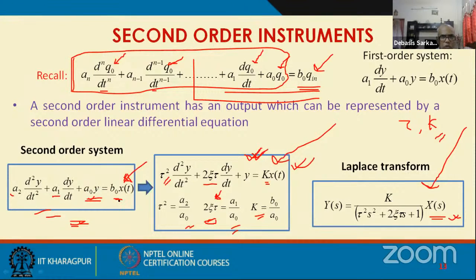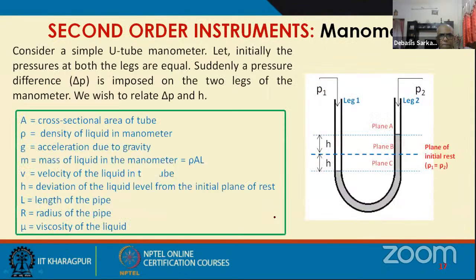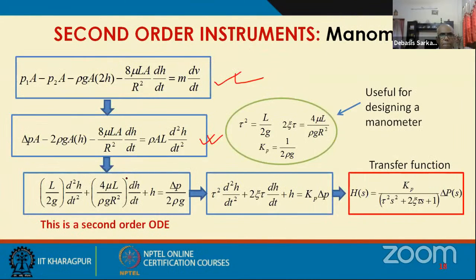You divide this equation throughout by B0 and you get this form with appropriate tau square, 2 zeta tau, and K. So this is that equation. Now, if you compare, this tau square is L by 2G. This term corresponds to 2 zeta tau,